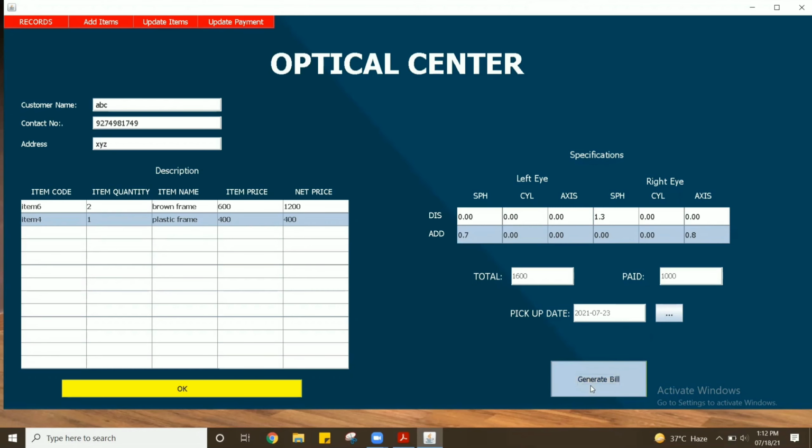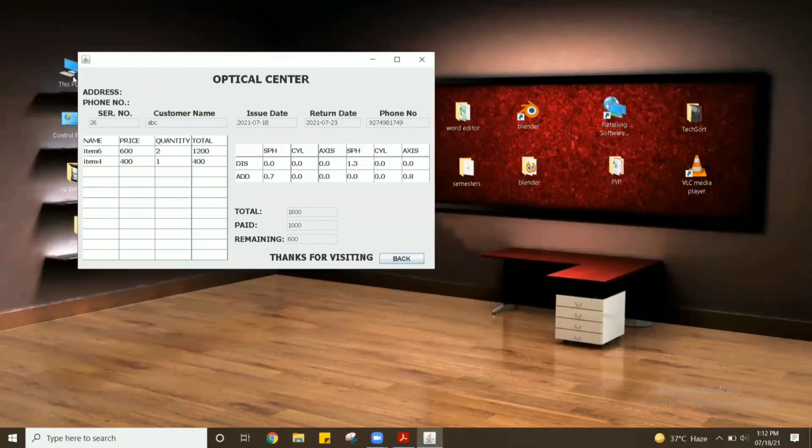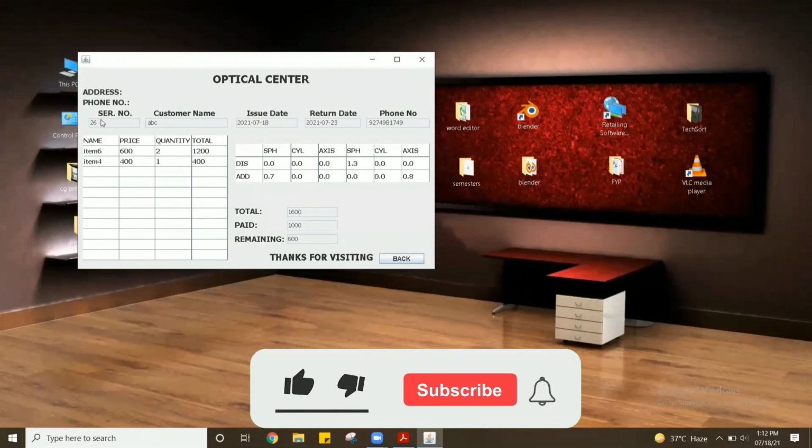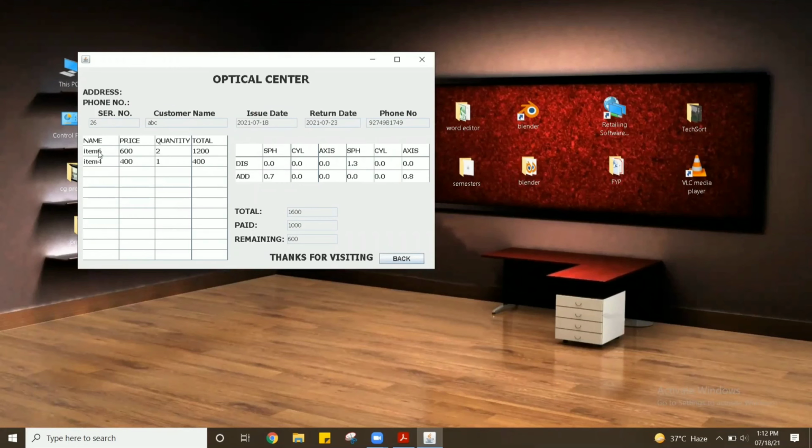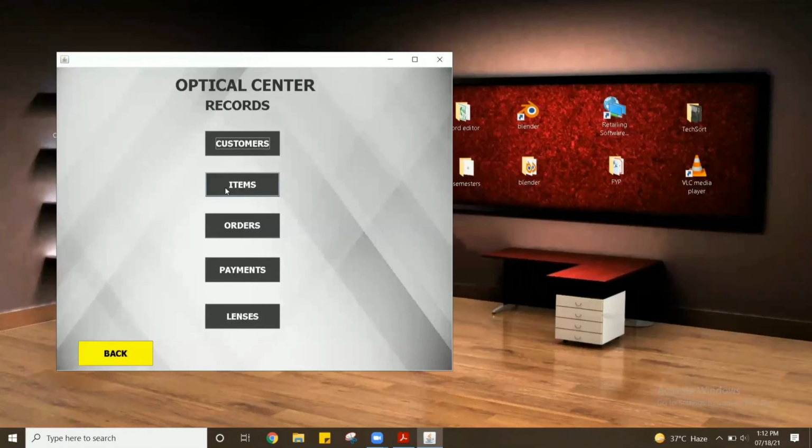Now generate the bill. This will be the printed slip which will go to the customer, in which there are the serial number, customer name, issue date, phone number, return date, lens details, items, and everything related to the customer. Now let's go back to the records.